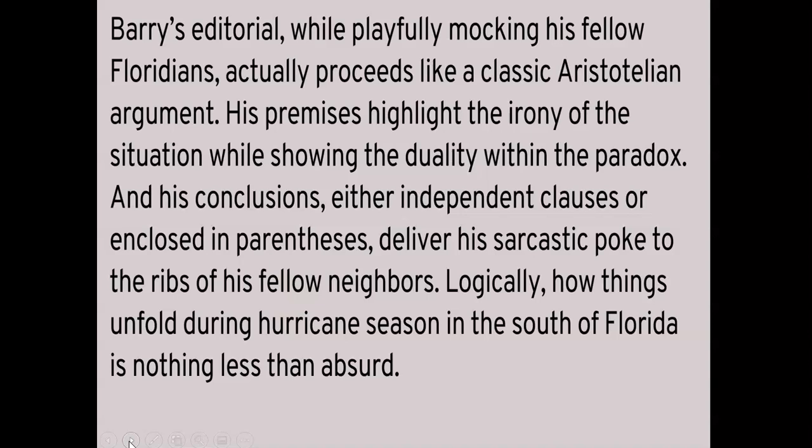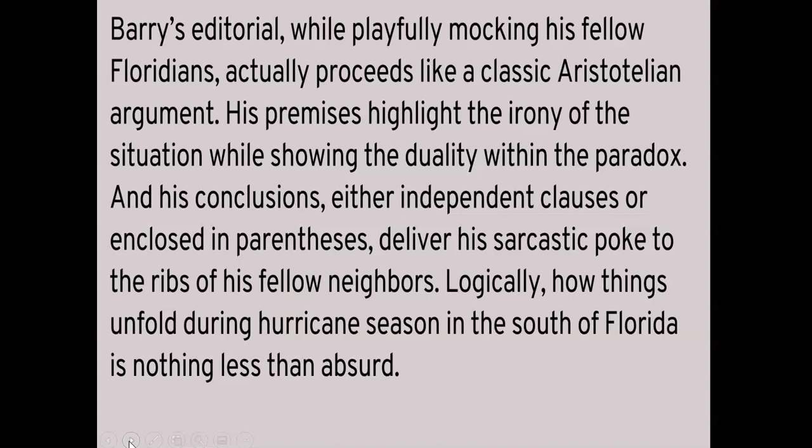So let me take this one from the top again. Barry's editorial, while playfully mocking his fellow Floridians, actually proceeds like a classic Aristotelian argument. His premises highlight the irony of the situation while showing the duality within the paradox. And his conclusions, either independent clauses or enclosed in parentheses, deliver his sarcastic poke to the ribs of his fellow neighbors.